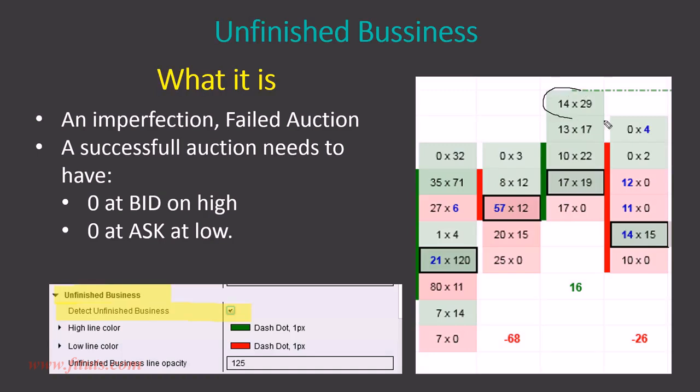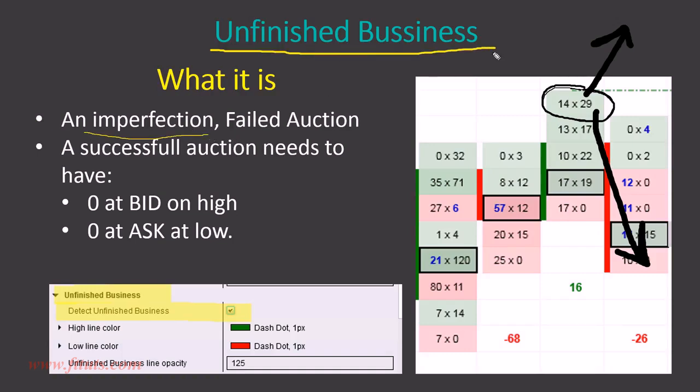And this is exactly the same scenario. Only difference is that market is never-ending auction. It goes up and down all the time. It never ends. Like if you are buying a house, the auction just stops when there is last buyer and this one gets the house. But this is a weird scenario because the buyers wanted to buy for higher prices, but the price turned and went downwards. So this is why it is an imperfection and why it is called unfinished business or failed auction.